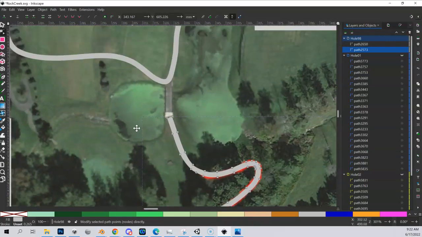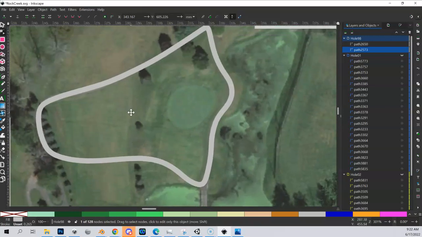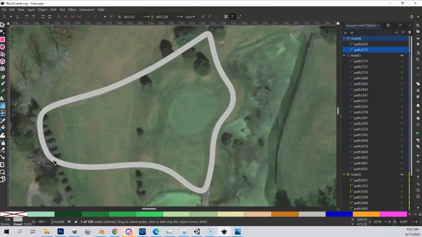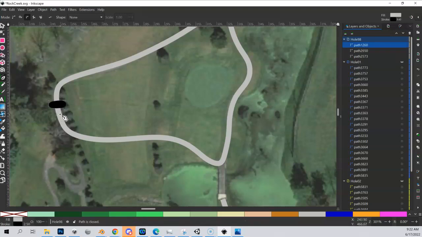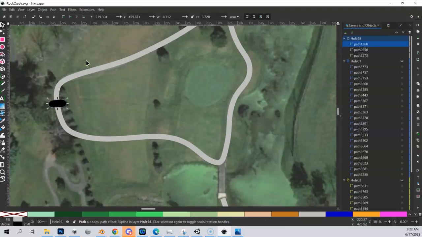Another use case for this dividing up, let's say you hate these loops and you don't like doing them in Blender. You could also create, let's go back to hole 98. We'll do our draw here. And let's say there's a spot here, like over here, no one's probably going to see it. It's not really near anything. I could just draw a really quick shape right here. And then I could even make that thinner, right? Now I'm going to highlight my cart path and highlight that shape with Shift,